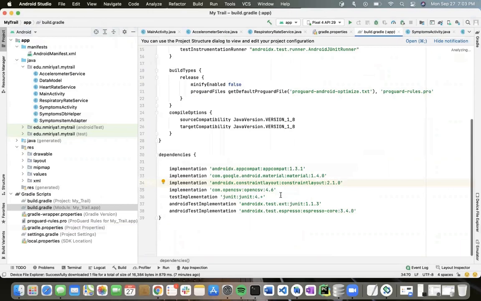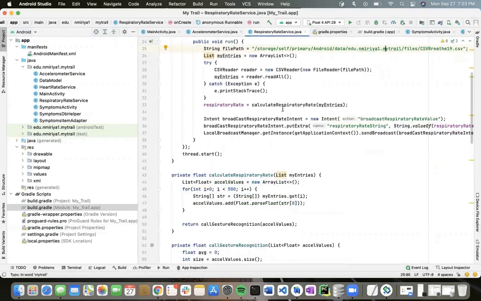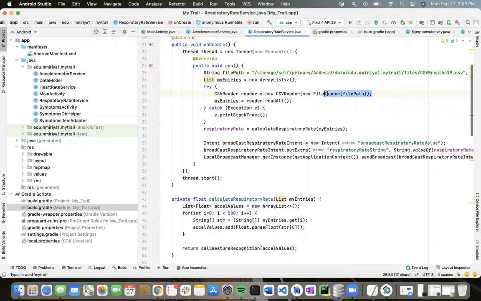Here we have added the dependency for our CSV reader. The respiratory rate service uses the CSV reader to get the values from the Excel file and store them in a list.